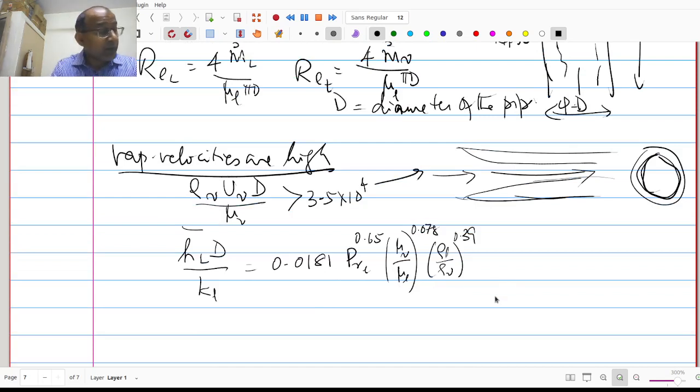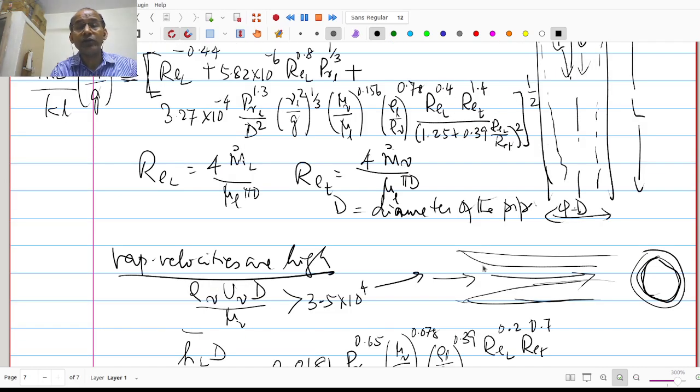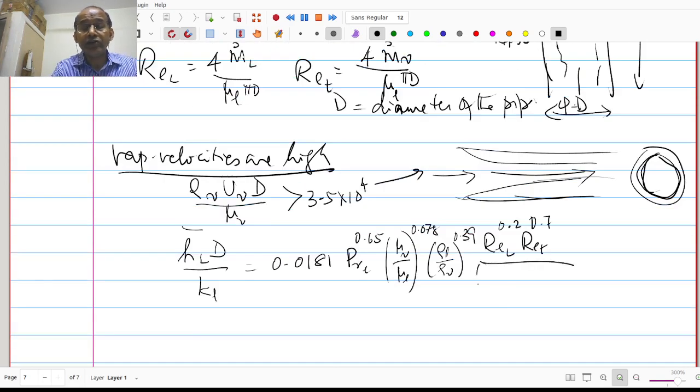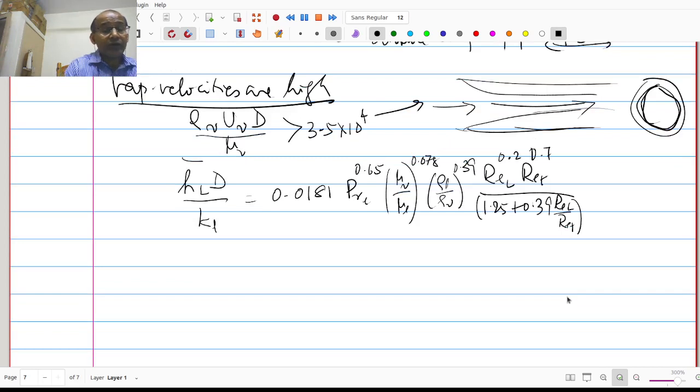Okay, this multiplied by REL raised to the power of 0.2. So when I take the power half from that, RET raised to the power of 0.7. So it's the square root of what is here, 0.4 to 0.2 and 1.4 to 0.7, and the new denominator, also the square disappears, 1.25 plus 0.39 REL by RET. Okay, so this is the expression that you get for high vapor velocities, and for low vapor velocities,